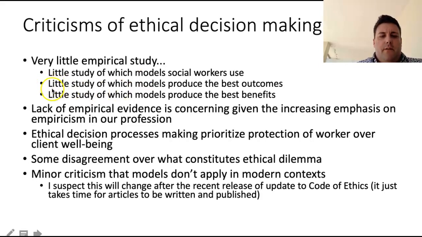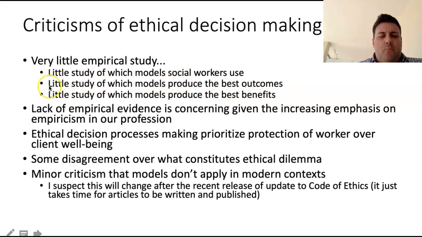Now, let me pause here for a second. The criticism that there's little study of which model produces the best outcomes and the best benefits probably is not a big deal. That's because all of the ethical decision-making processes that we've covered have a lot of overlap. They're generally the same. Some of them break steps up. Some of them add a few other steps. Some of them explicitly include that reflection process, but they're all generally the same. And so they probably all produce similar kinds of outcomes and similar kinds of benefits,